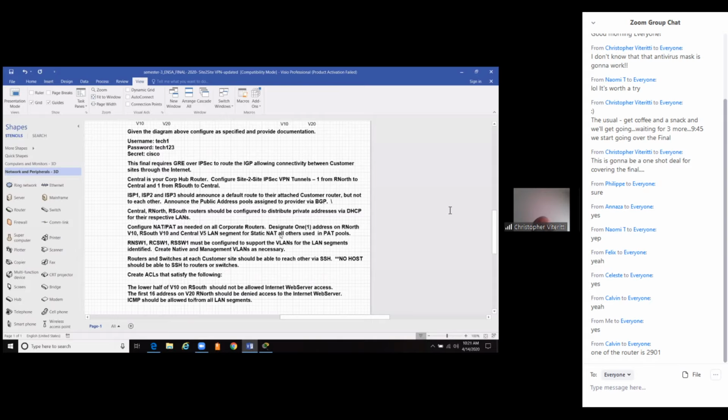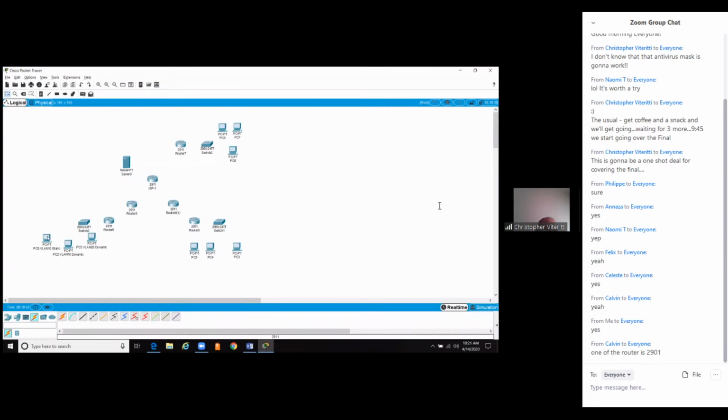All others used in PAT pools. So this is a static NAT. Okay? This is dynamic NAT as well as dynamic DHCP. Whereas this is static addressing. This is dynamic addressing via DHCP. So the address assigned to this host statically has to be excluded from the DHCP pool for VLAN 10 in R North. This address here is dynamic,